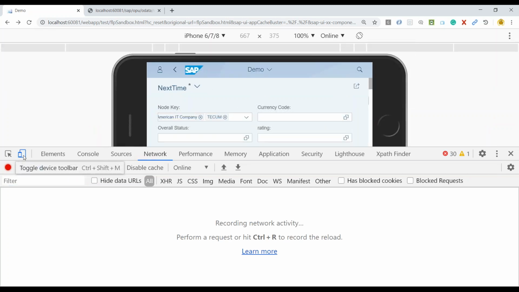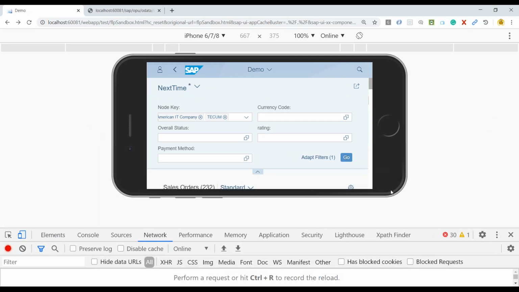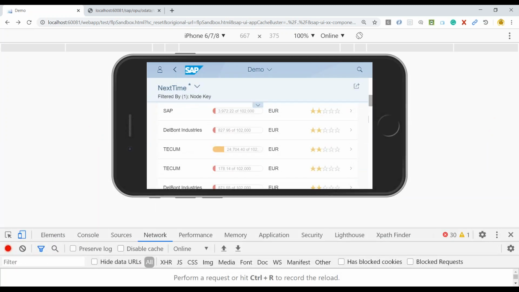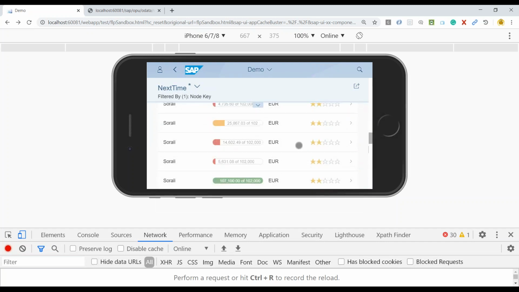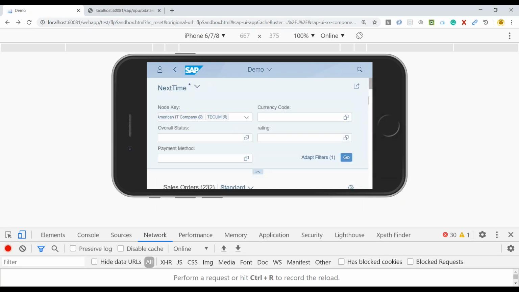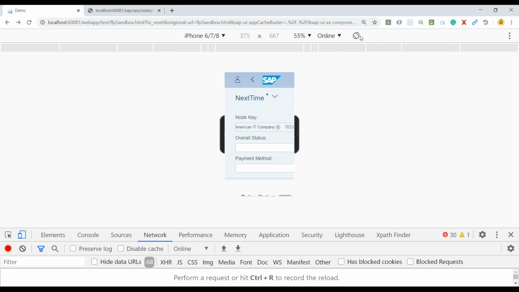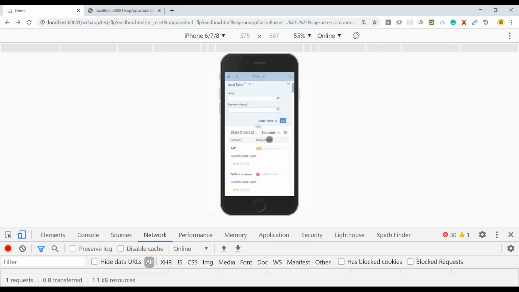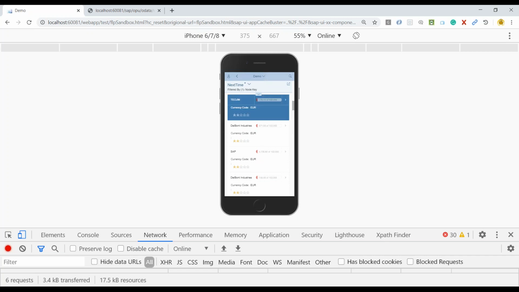Now, the most interesting thing, what you can see here, I can turn my browser of desktop to a mobile phone, and I can also see how the data will look in a mobile device. So you can see the application is pretty responsive. It is adapting itself according to the device, and I can also flip my device in landscape and portrait mode, and you can see it is also presenting the same data in a better way with the responsive nature.